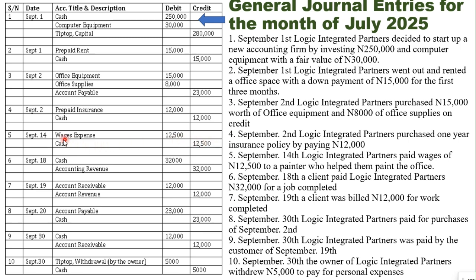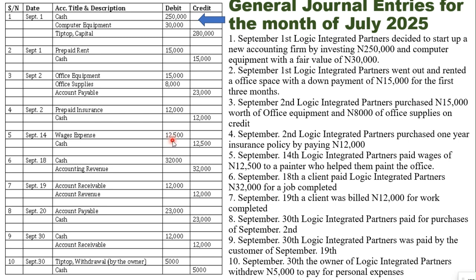So we have a wages expense account. You create this, and we already have our cash account. So money was taken from the cash account. So you credit the cash account and debit the wages expense